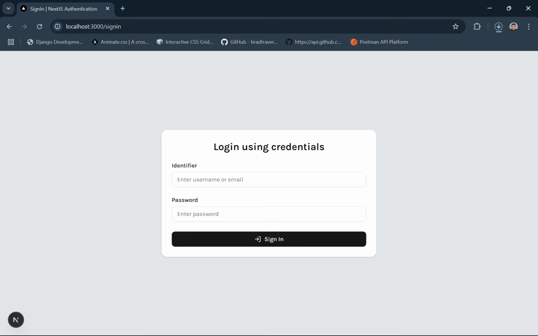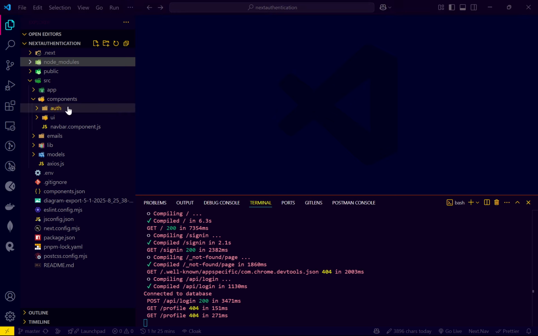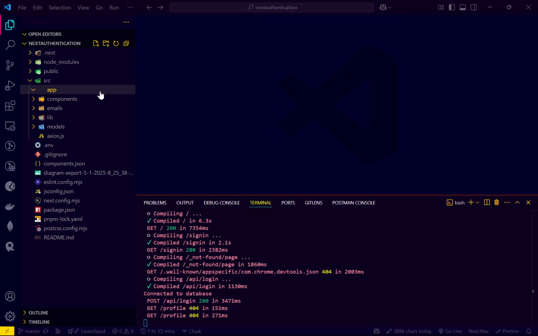Let us go here, and I will enter my details. I'll enter my password as well. Click on sign in, and after clicking on sign in, it should give me logged in successfully. Now this page couldn't be found, so let us just go ahead and create this one. Inside the app folder,